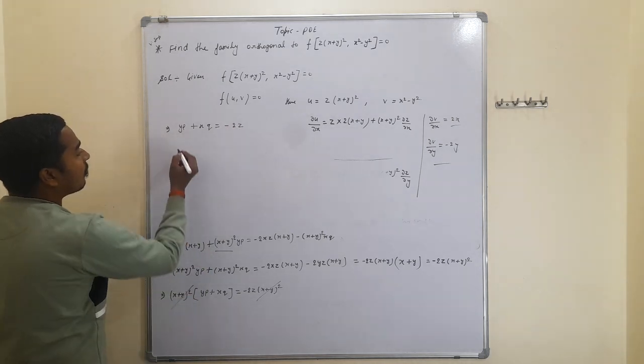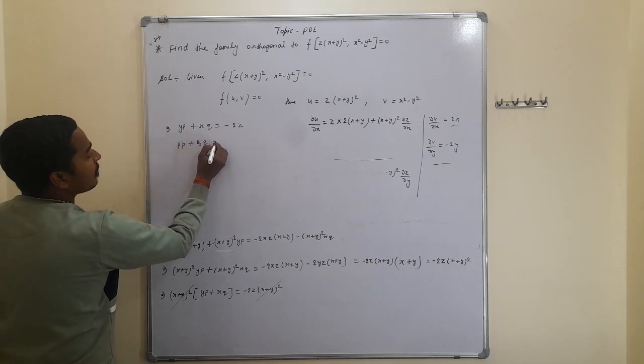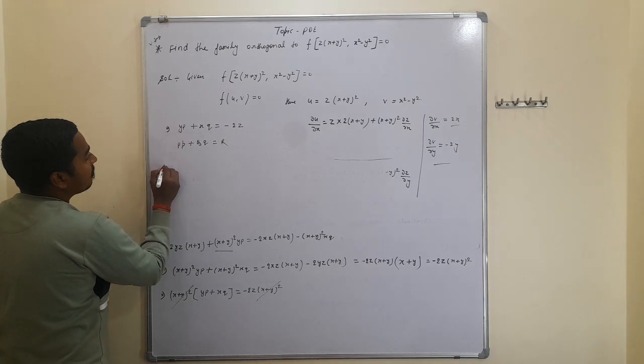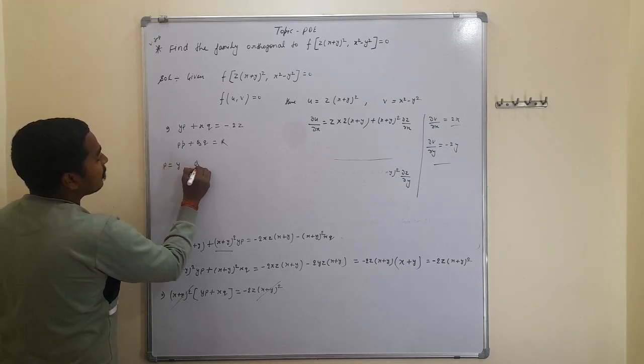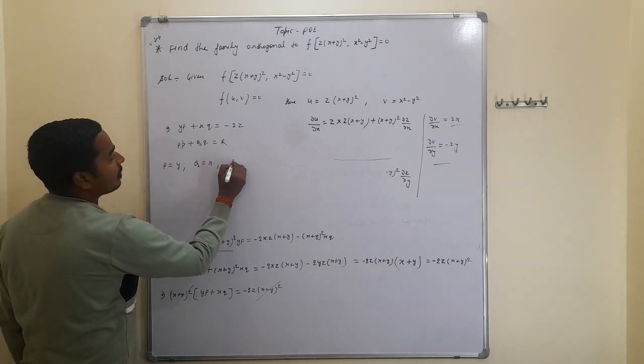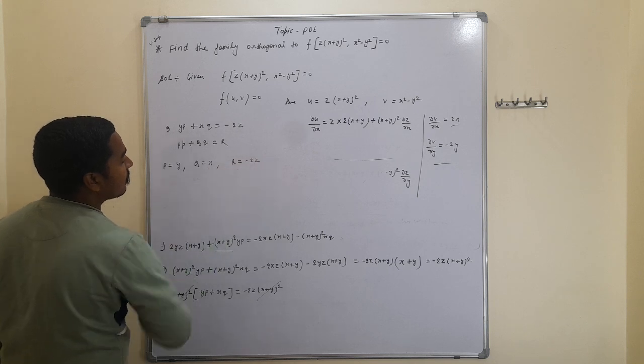This is the form of Pp plus Qq is equal to R, and from here P is equal to y, Q is equal to x,